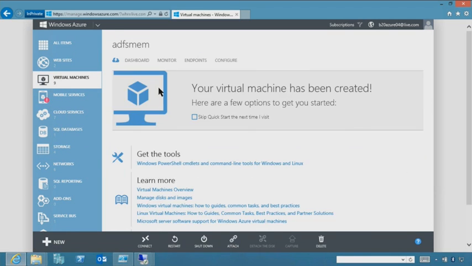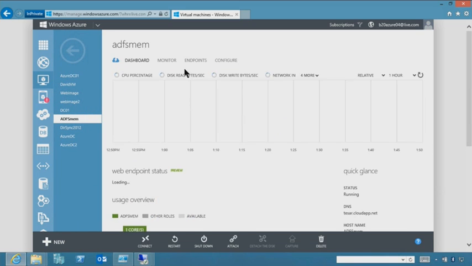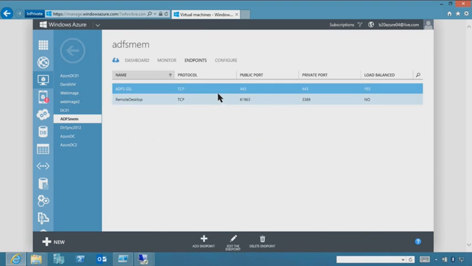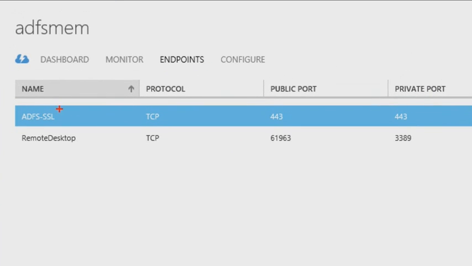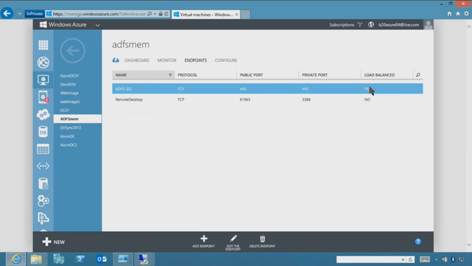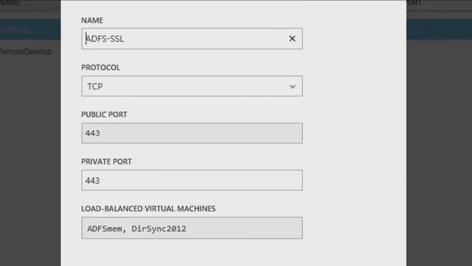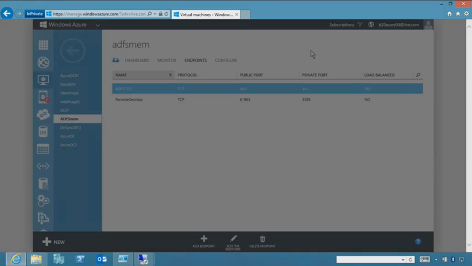I've got these guys set up in, and this is a good segue, I think, for some of the next section which is talking about high availability. But what I have is, when I look at endpoints here, I've got ADFS set up with SSL, right? So here you can see that, because the requirement for inbound publishing is using SSL, I've got 443, which is SSL. And then the other key thing right here is it's got load balanced enabled. So if I go to edit the endpoint, what you'll see there is that I have two boxes load balanced on SSL. So I have a highly available service, as well as I